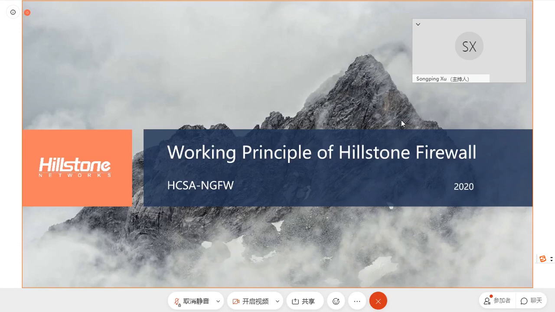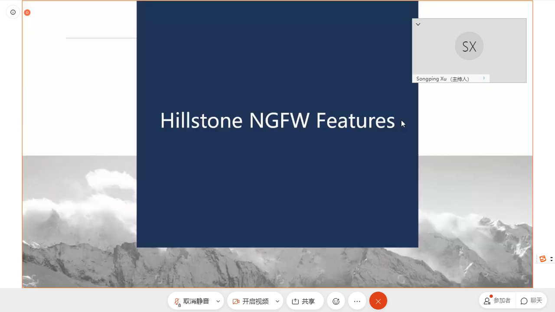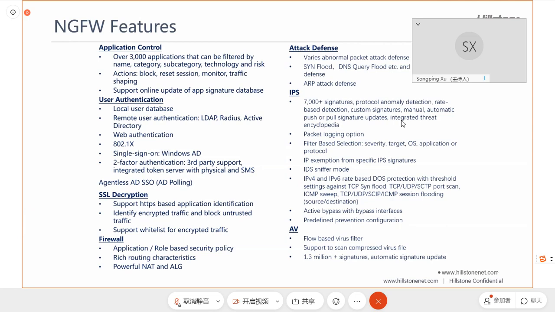So in the second chapter, we are going to go through the working principle of Hillstone Firewall. In this chapter, I'm going to share with you the basic functions that we supported in Hillstone NG Firewall, and also the system architectures, the deployment mode, and how the data is forwarded through the firewall. First of all, let's have a quick look at the NG Firewall features that are supported in the Hillstone NG Firewall